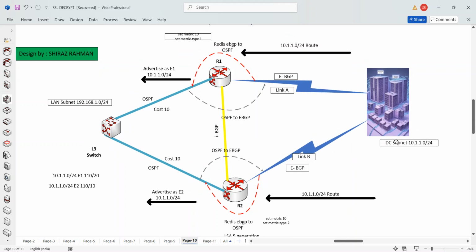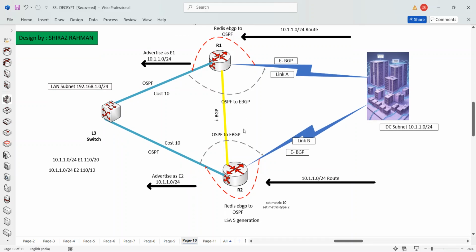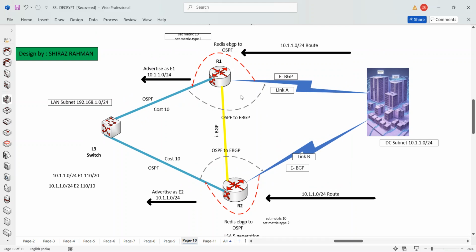Okay, so the DC subnet originates a route. It will go to R1 and then to R2. R1 and R2 receive these routes as EBGP. Can we use local preference over here for traffic engineering? Can we do local preference over here when we are doing redistribution, so that it should always go via this link? Can we do it? Because OSPF cannot understand the